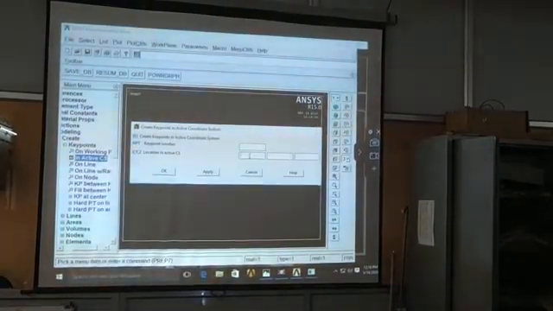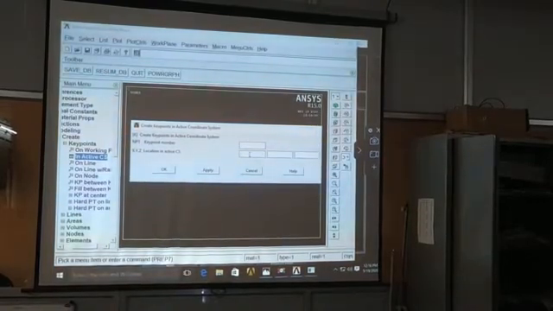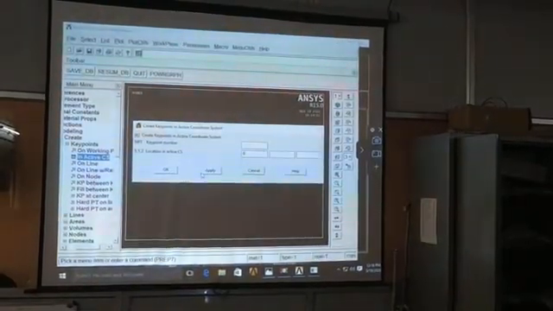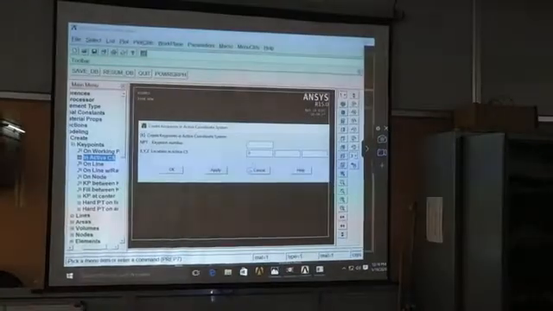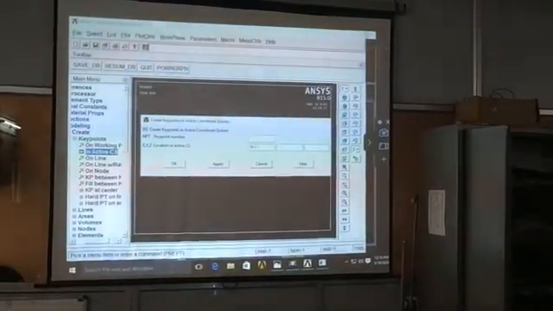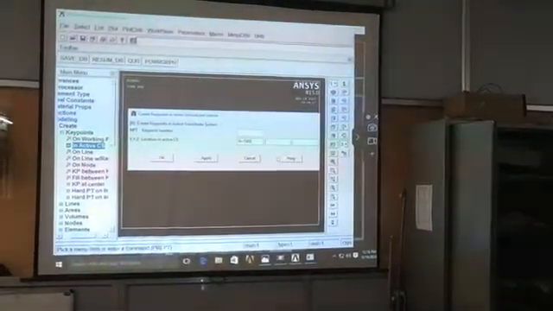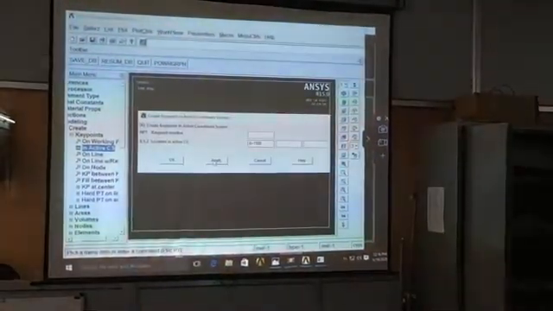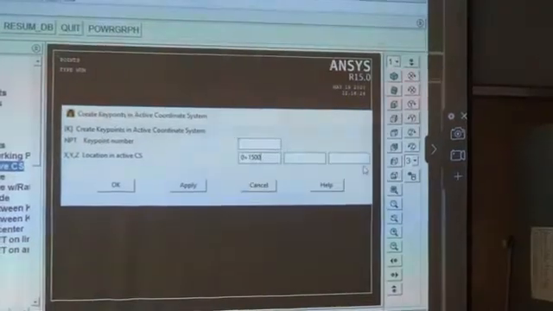Next, modeling. Create by using key points in active CS. First enter the starting point, origin as 0. Next node 1500, apply.